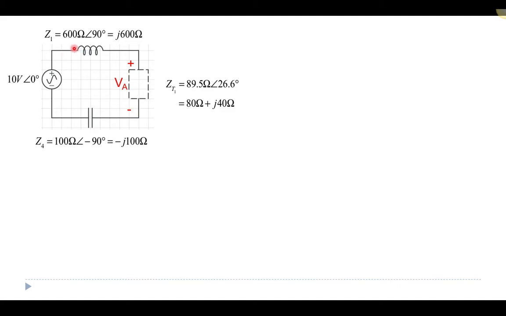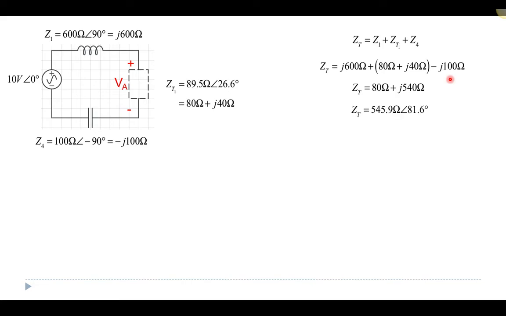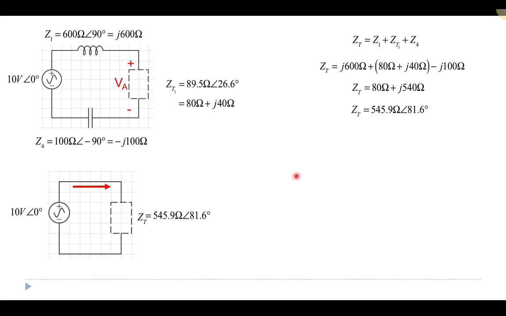So I realize that all these components are connected in series, so I can add all those values together: the 600 ohm inductor, my total equivalent impedance, and then my capacitor. And I get some total equivalent impedance, and I can write that in polar form. And then I can redraw my picture so that I have some total equivalent impedance, which is 545.9 with a